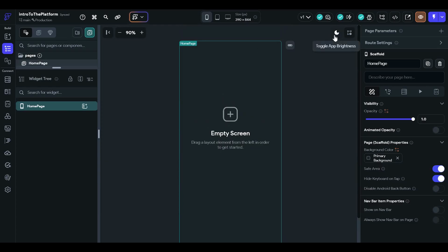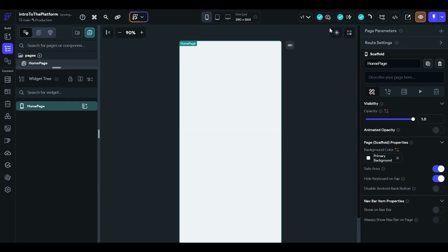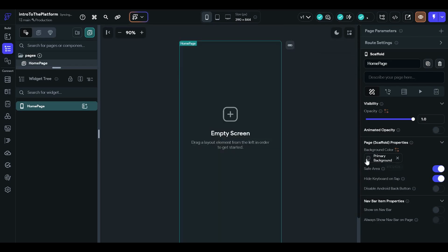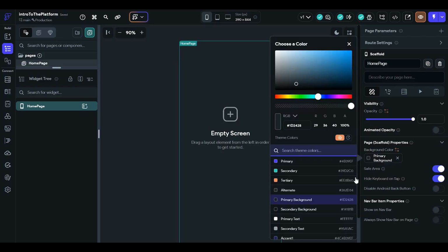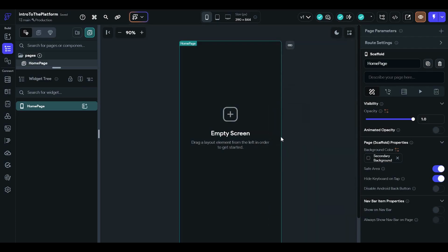Like as you can see, this project has dark mode and white mode. This background color of the white mode is primary background, and this dark mode background color is primary background as well. If you want to change the main color of the scaffold to another like darker, then you can use the secondary background color.